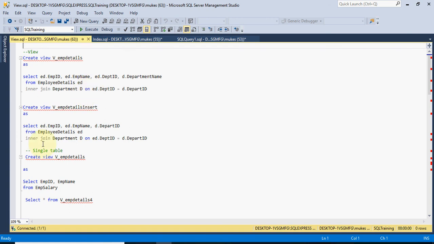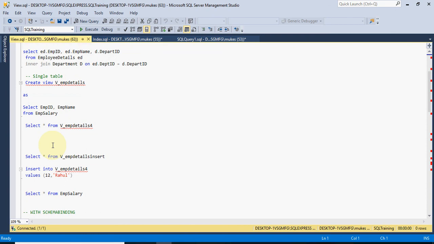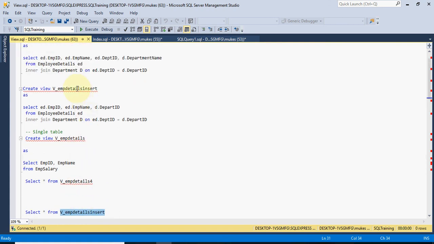So suppose we have the view employee detail insert, right? So you can see employee detail insert is pointing to the employee detail table and the department table, right? But we have only three columns in the view, while the department and employee detail tables have other columns also.